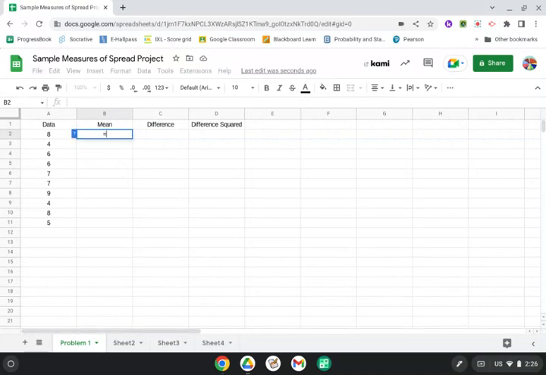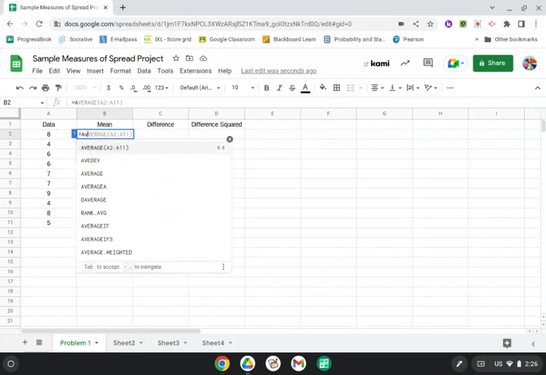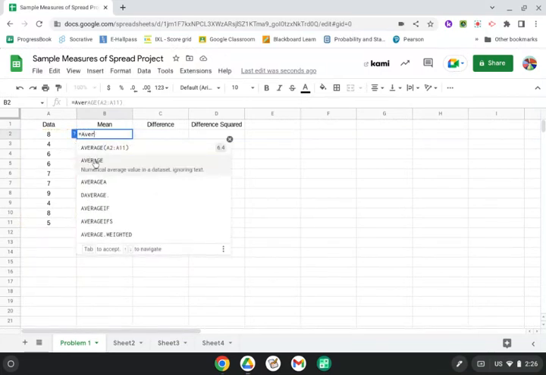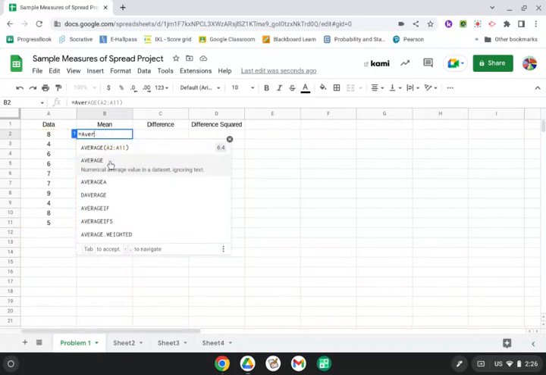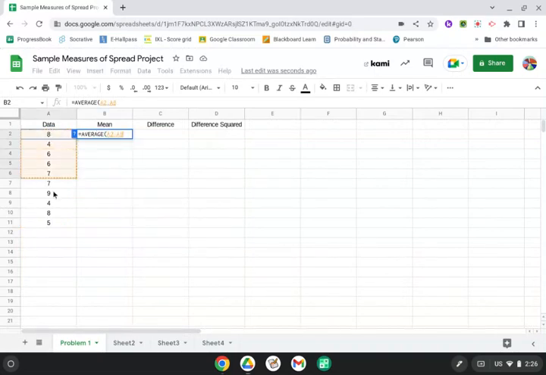Now to calculate the mean, you type equals and then start with the word average. And then it pops up some suggestions, but I suggest clicking the actual function, not the one that pre-builds the entries, although that does work in this case. But get used to selecting the actual function and then highlighting for yourself what you wanted to find the average